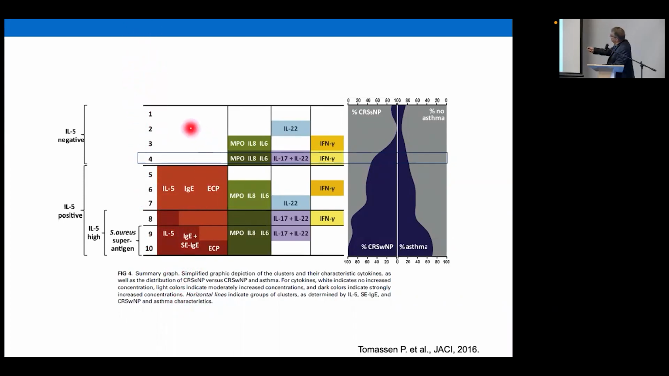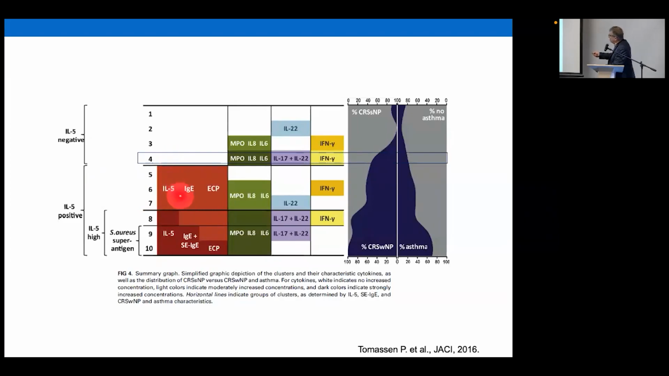These patients are all IL-5 negative. That means when you perform immunostaining of the cells of the biopsy in the nose, in the polyps, they are IL-5 negative. And here they are IL-5 positive. So more. And also you can see that for 5, 6, 7, they produce IL-5, but also you have a